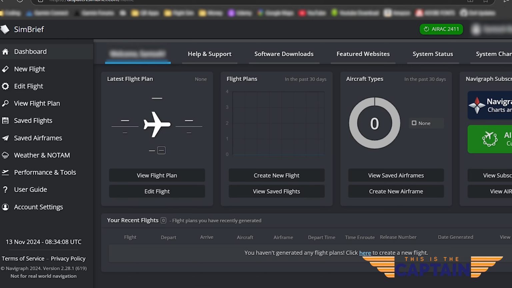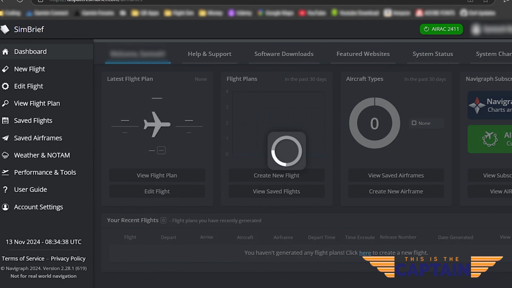So, Simbrief is a website. It's a free registration. You can register yourself. Once you register, you would get menu options on your left and a screen on your right, and very self-explanatory. If you're one of the guys who run flightsim and play on flight simulator, then this should be an easy run for you. So first, once you have a Simbrief, I would recommend you go on to saved airframes, and